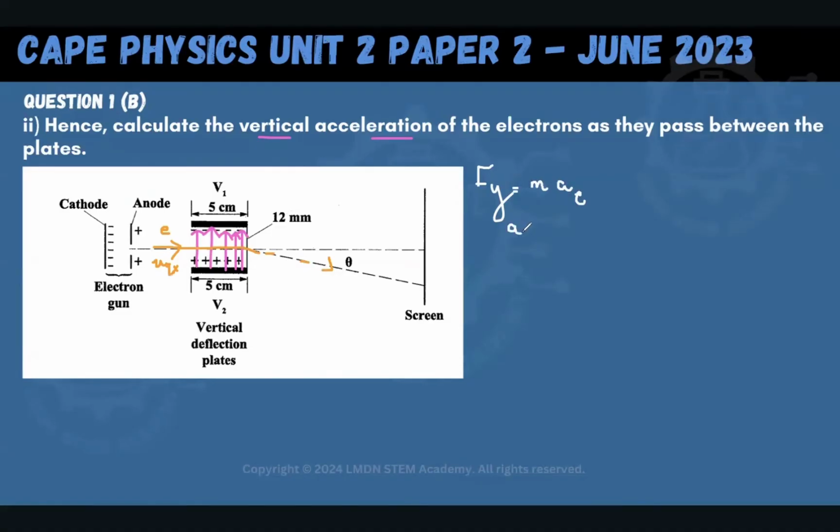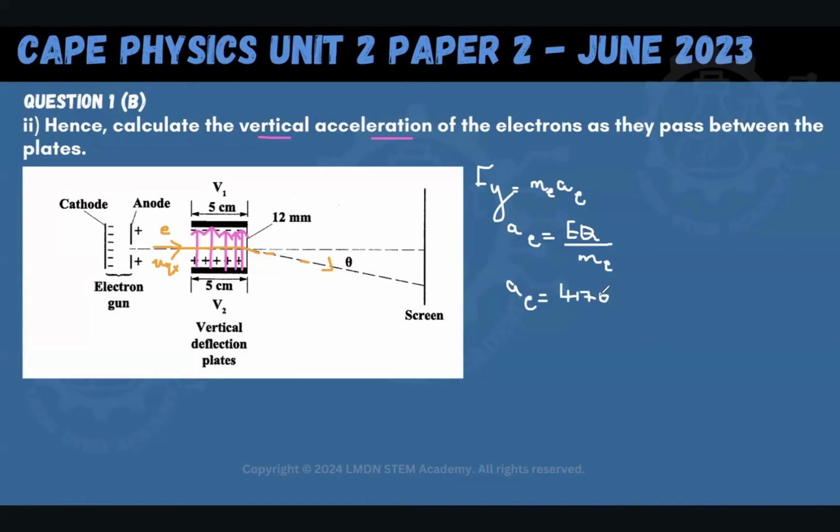Earlier, from the table, we knew that AE was equal to EQ, the electric field strength times the charge, over the mass. We just calculated the E. So all we have to do is plug in the electric field strength, the charge of the electron, and the mass of the electron that's being projected in. So AE then is going to be equal to